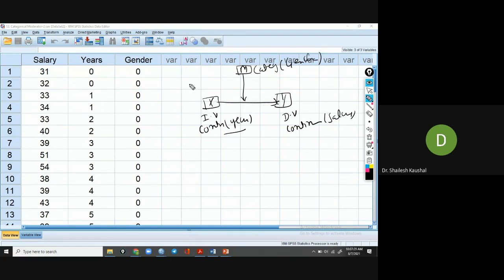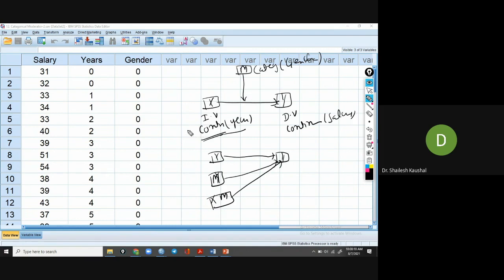For this I'm taking two case studies: one where we see no interaction of the moderator variable on Y, and a second where we find a significant interaction effect. Statistically, how can we present the diagram? The only difference is that earlier we took the independent variable categorical and the moderator categorical.